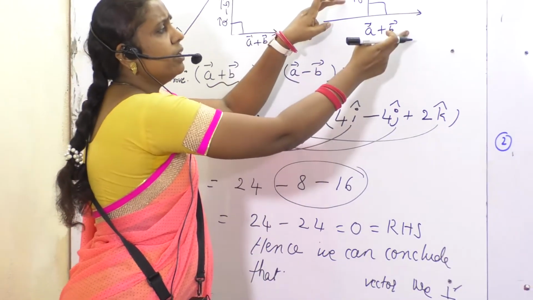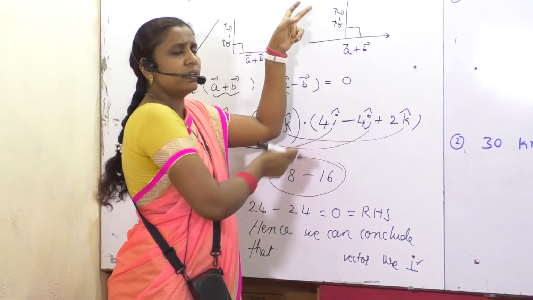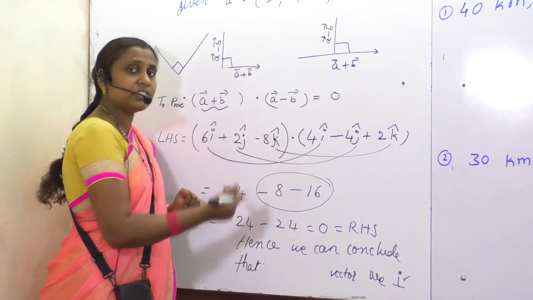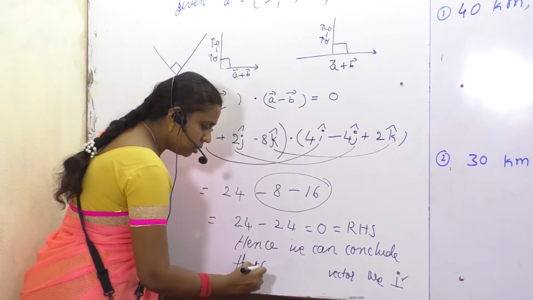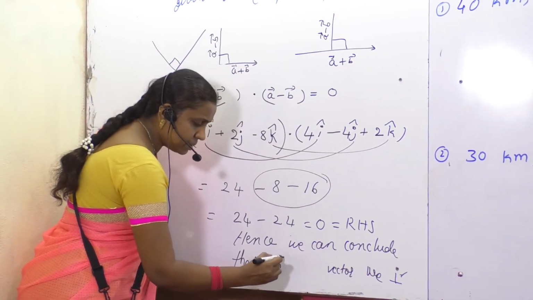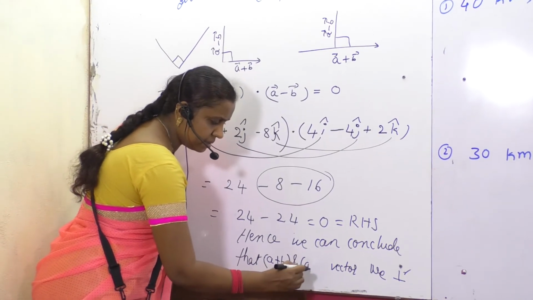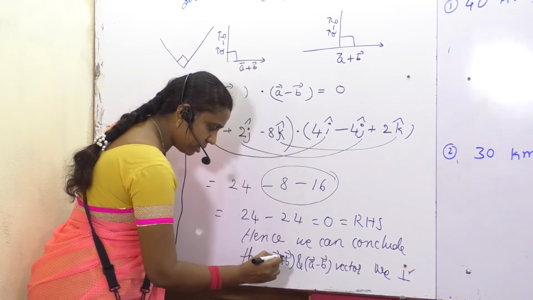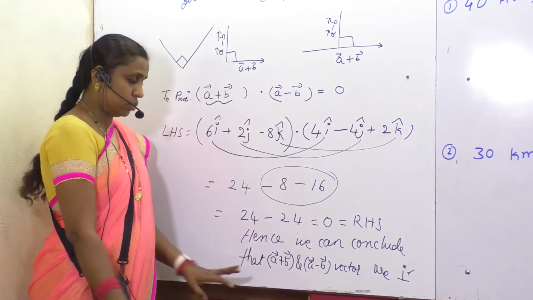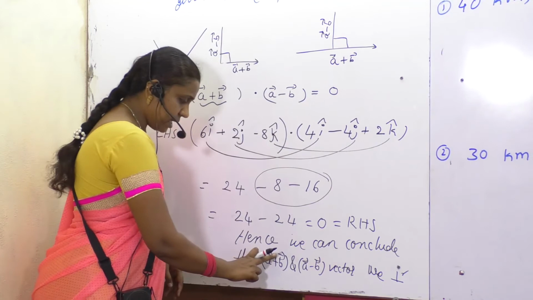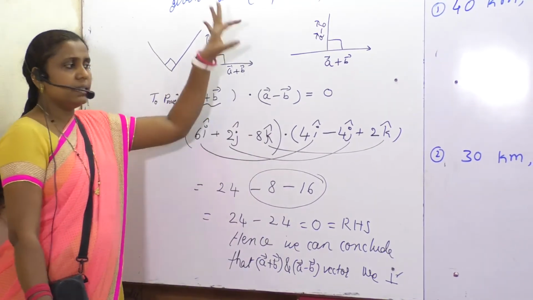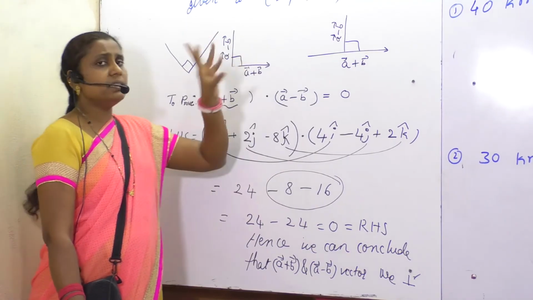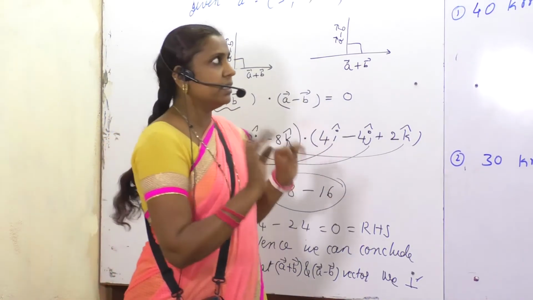This line is perpendicular to the second line, and the second line is perpendicular to the first line. Vice versa, usually perpendicular to each other, you can say. Which two? That you have to mention: A plus B and A minus B. Write in a proper manner, put an arrow mark above the expressions so that we can take those as vectors. Is this clear, everybody? Perpendicular. Between the lines, the angle should be 90 degrees.